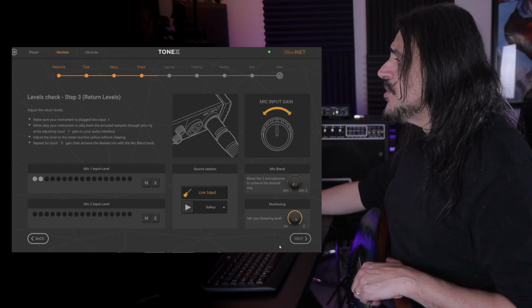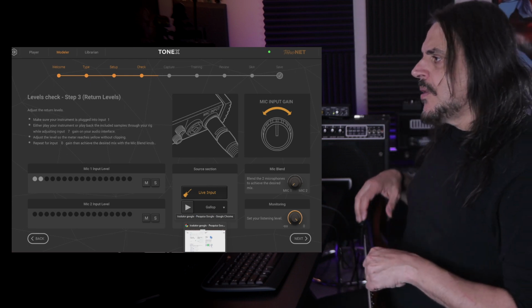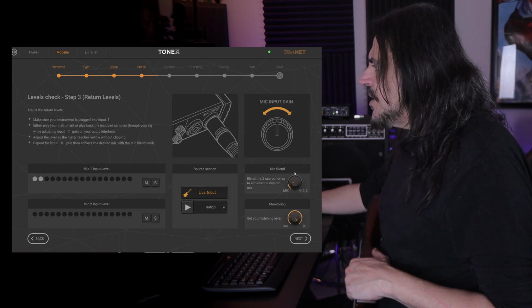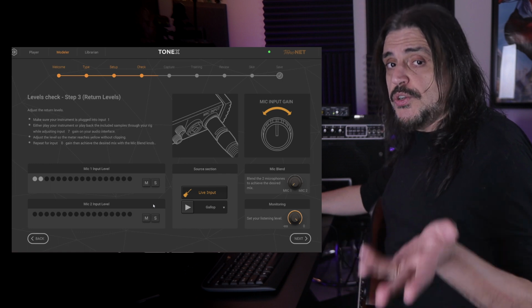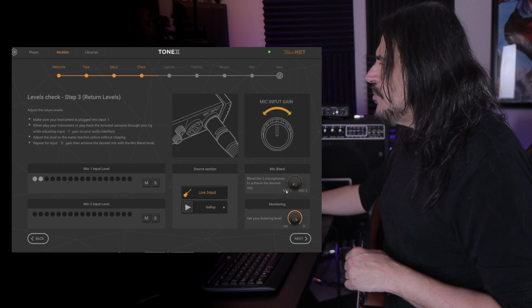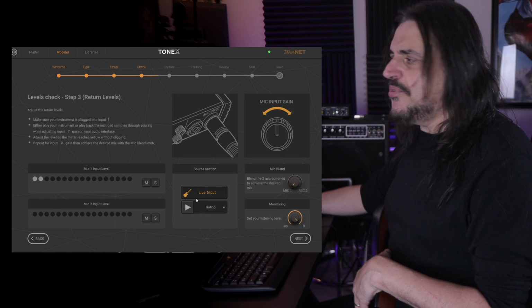Next step is going to be the level check, step 3, the return level. In other words, is the microphone level. You can mix between the microphone 1 and 2. Since I'm going to use just one microphone, I'm going to go here with the mix all the way up to the microphone 1. You can choose between the live input to play something or use